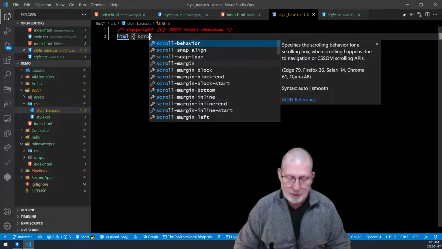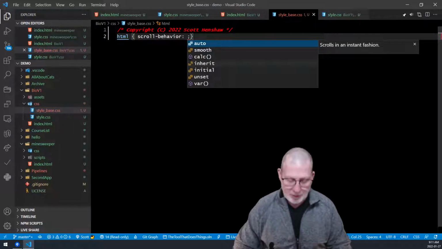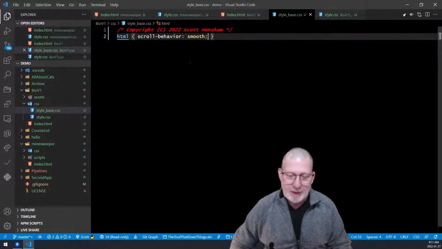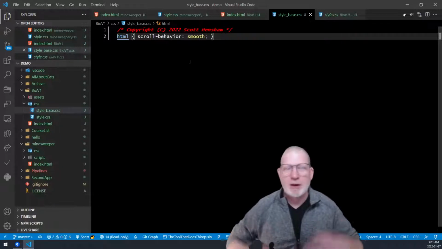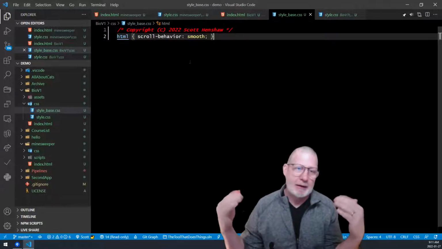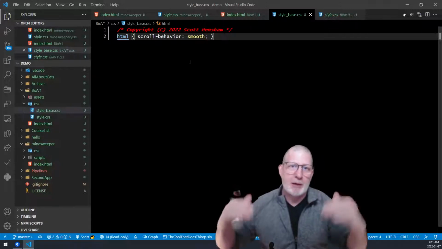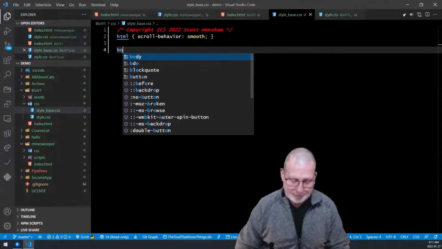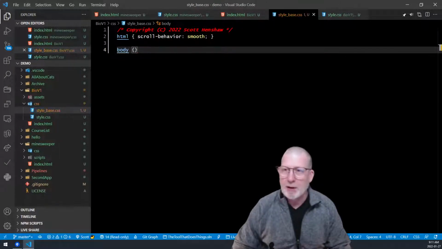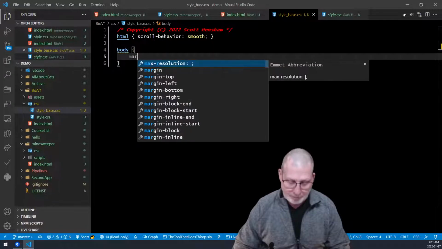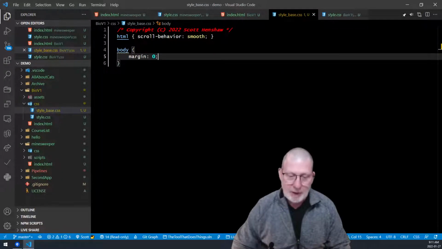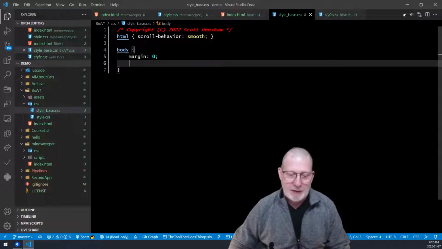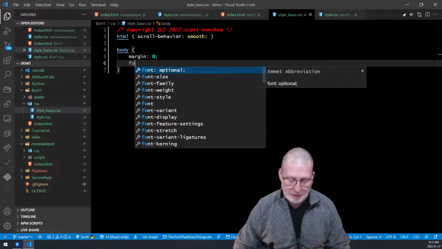First of all, scroll behavior smooth. This is just a style that makes sure that when I scroll the page, it doesn't snap and pop. It actually just has a nice smooth scroll. On the body, all body tag, the one body tag, please let me start with a 0 margin so I don't get messed up with those silly margins again. If I want a default font family,